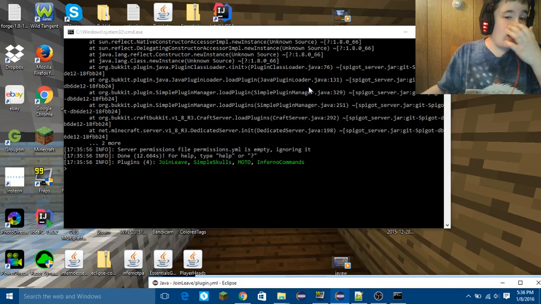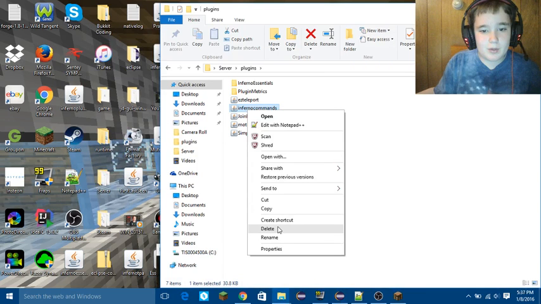Are you kidding me? It didn't work. What did we do? I already have a join message for my login. What's wrong? We actually already set the join message with one of our other plugins. You guys should not have this error. It's just that with my Inferno Commands plugin that I'm working on, I actually